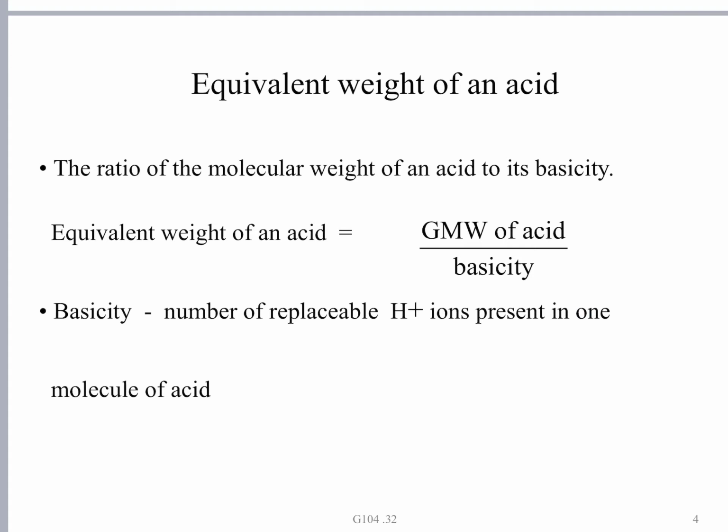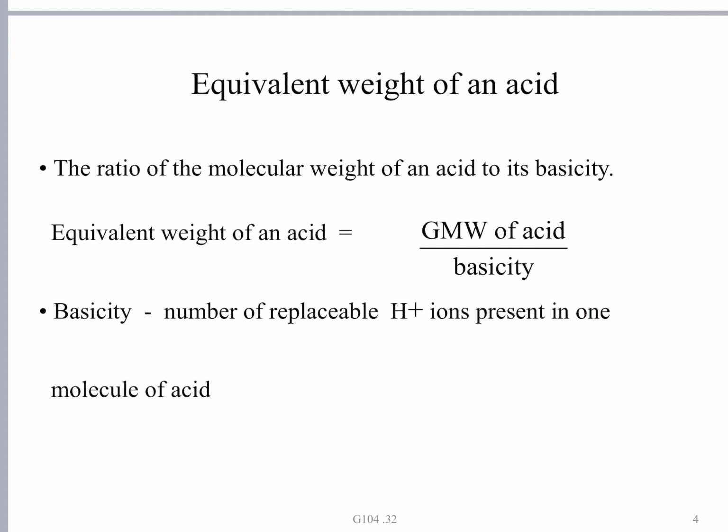So, going by this foregoing account, you might think that the number of hydrogen ions present in the formula is its basicity. In the case of HCl, basicity is 1, only 1 hydrogen. In the case of H2SO4, 2 hydrogens are there, basicity is 2. In the case of phosphoric acid H3PO4, the basicity we described as 3. But it is not always so. It is only the number of replaceable or ionizable hydrogen ions. When it is dissolved in water, how many H plus ions it loses, that is the basicity.